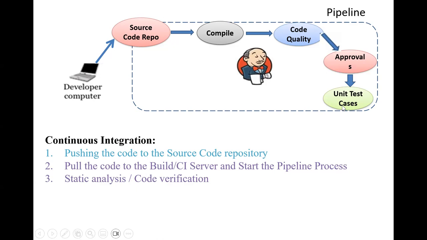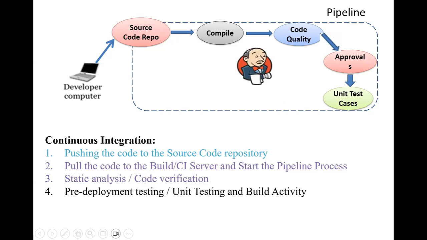If all the unit test cases pass, that means his code is okay, and it does not impact the code of other developers, because their test cases will also be verified. Not only this developer's unit test cases, this is project level. If the unit test cases pass, the report will be generated and everything is okay. It will be promoted to the next stage. What is the next stage?